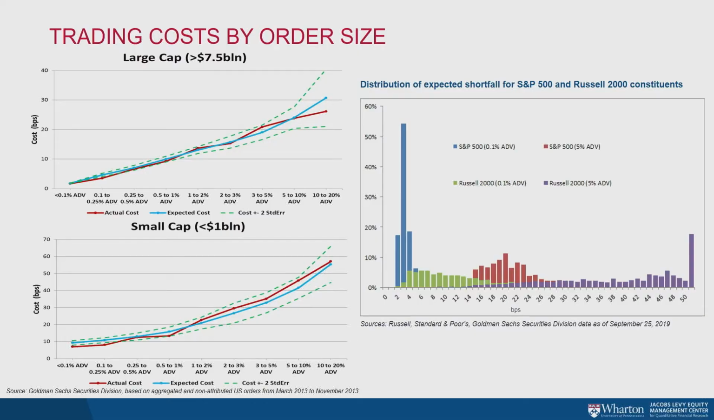And then on the right-hand side, another way to look at this, this is current data for expected shortfall for S&P 500 names, a distribution around that, assuming that you're trading tiny amounts that don't really matter, 0.1% of ADV, so that's the light blue for the S&P 500. And then if you go up to 5% of average daily volume, that distribution, the red one, shifts quite a bit. And then you see this again for Russell 2000 names,